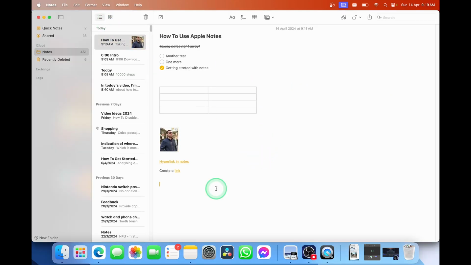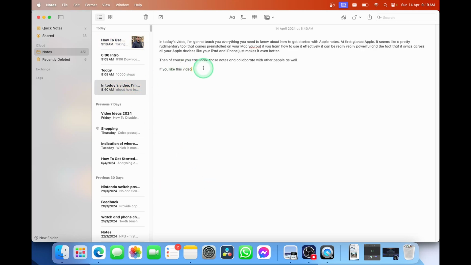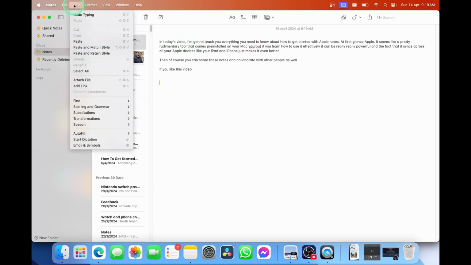Sometimes you don't want to type into your computer, but you want to dictate instead. So this intro that I had in my notes, I actually dictated, so I knew what I was going to say before I turned the camera on. And to dictate is really quite simple. You have two ways of doing it. The first one is going into the Edit section, scrolling down and choosing the option Start Dictation, or if you have a keyboard shortcut, on my M1 MacBook Pro, it's the F5 button. If I select that,